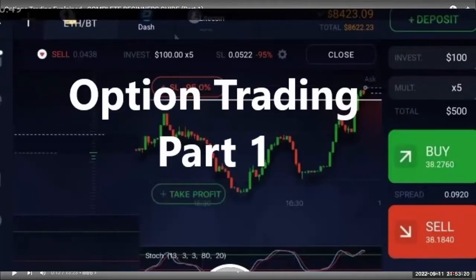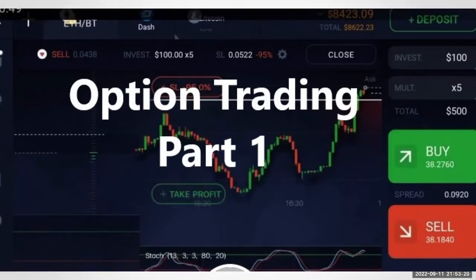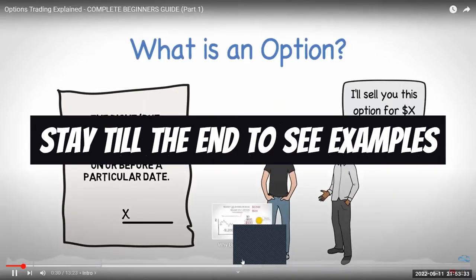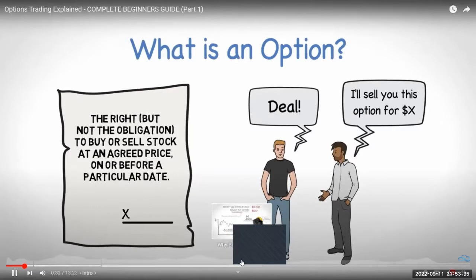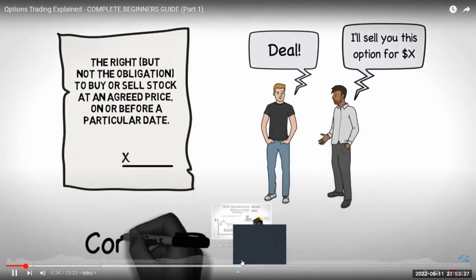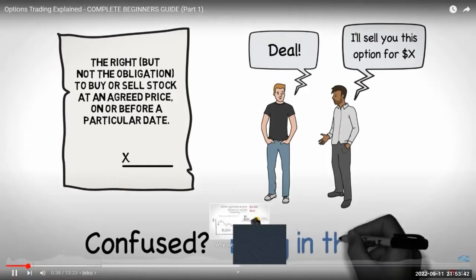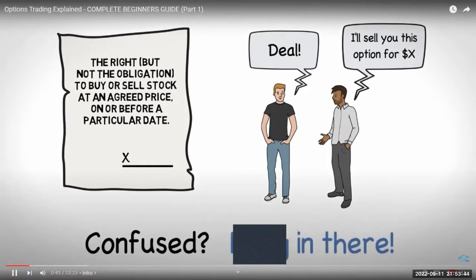An option is a contract that you can purchase that gives you the right to buy or sell stock at an agreed price on or before a particular date. Now, you can also sell an option contract, where you would be selling this right to someone and collecting a premium for it. Okay, I'm sure that sounded very confusing, especially if this is new to you, but just bear with me as we get through a few more definitions.